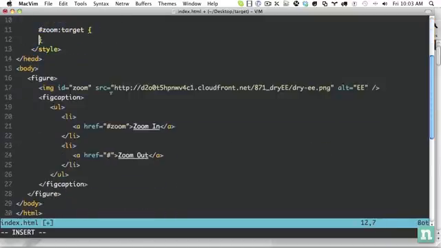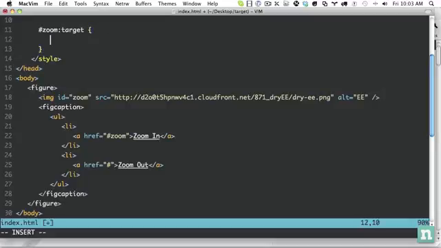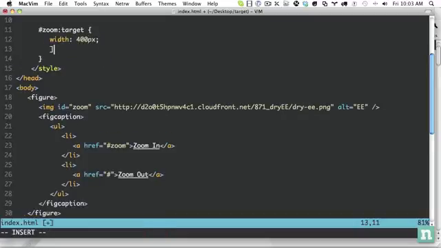So when you link to an element by doing this, it's going to link to this page. So we use this traditionally, maybe if you want to link to a particular section from your table of contents, you would do something like that and it would quickly snap to that area. But here, at that point, it would receive the target pseudo class. But now with CSS3, we can style it differently if it's clicked. So in this case, why don't we set the width to, I don't know, 400 pixels,